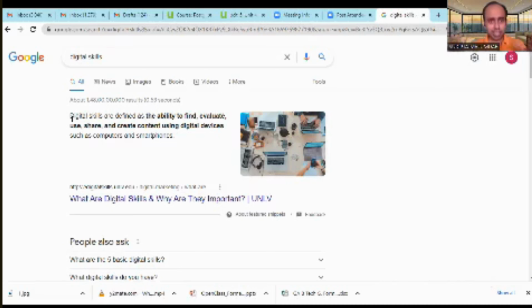So digital skills is not a word which is very tech savvy. It is about using the digital tools for our advantage, for our benefit. Whatever we want to achieve, if we are using these digital tools and we can achieve it in an easier, much more flexible way, then that is what digital skills is all about. I want to define digital skills, as per me, in a very simple sense.